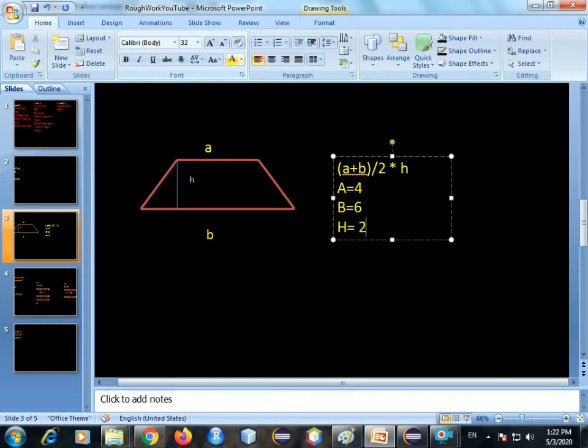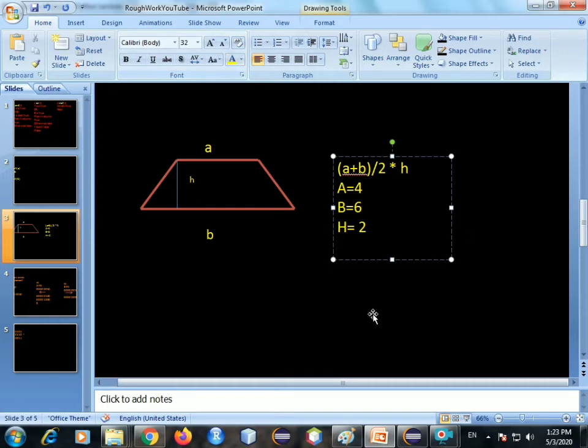So both of the upper and lower sides, parallel sides, are of length 4 and 6 and height is 2. So on calculating this, a plus b, that is 4 plus 6, 10. 10 divided by 2 gives us 5, and 5 into 2 again gives us 10. Alright, so our answer should be 10.